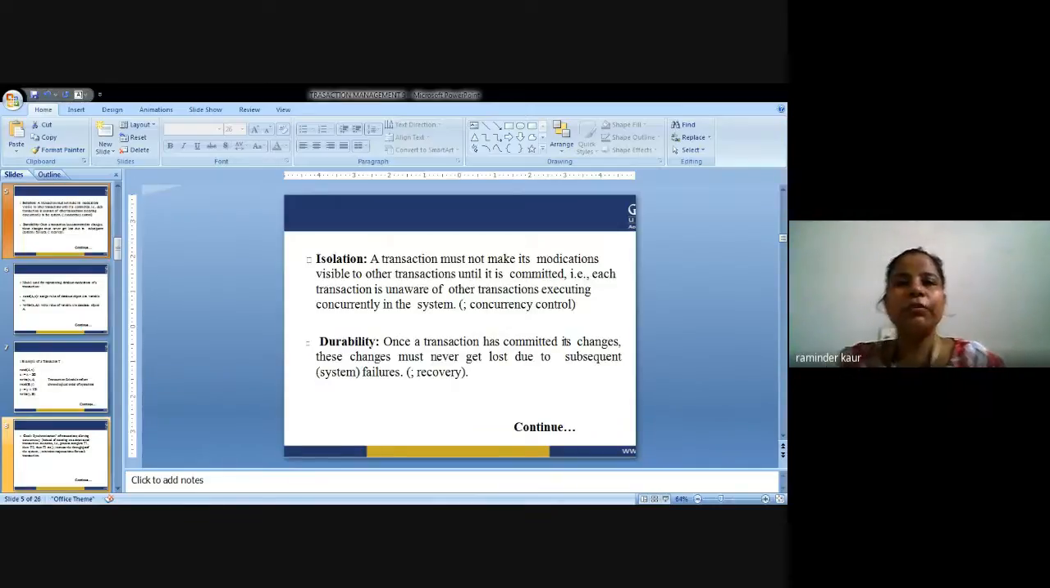Now, what is the meaning of isolation? Isolation means that if multiple transactions are taking place, the system guarantees that for each pair of transactions Ti and Tj,